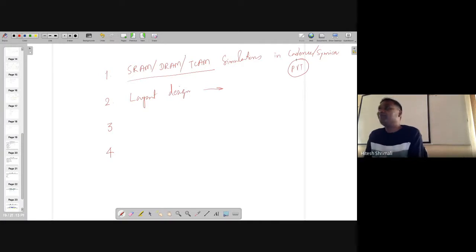It's all about the computer doing it. You just have to learn how to do it. Okay. During that time, you can also go for TT. Right. So this is layout.